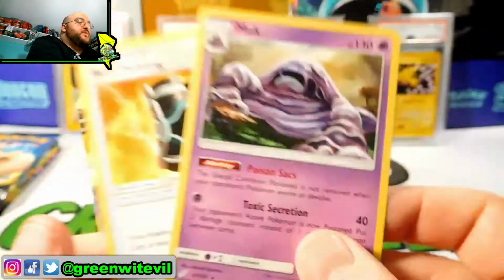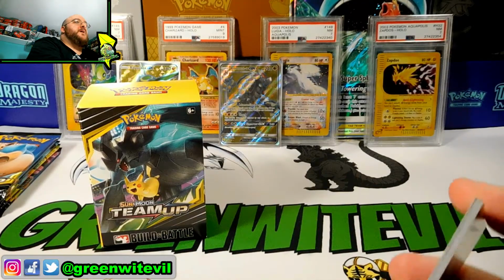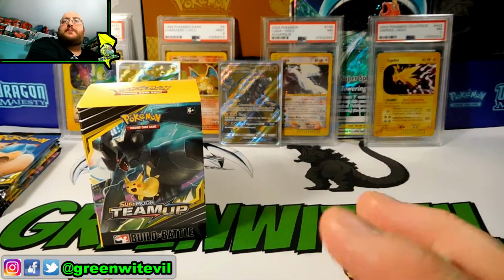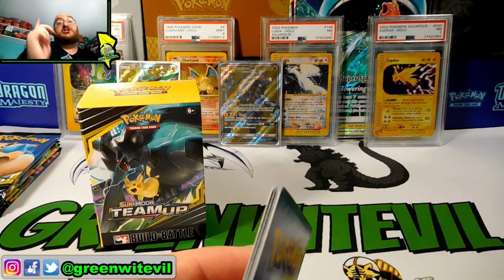So this was my pre-release deck. I went 2-1. It was really fun. The packs afterwards, I got a Hoopa GX and a Tapu Koko Prism. You guys, if you follow me on Instagram, you saw those posts, those polls, because I posted them with